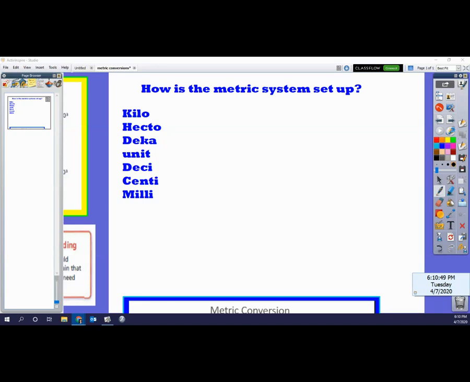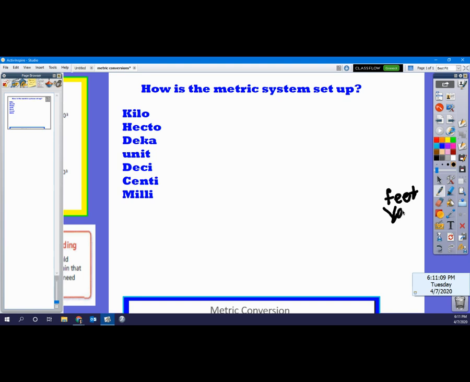In this video, we're going to be talking about how the metric system is set up. Now, you might ask, what is the metric system? Well, the United States uses not the metric system. The United States uses the customary system, which uses like